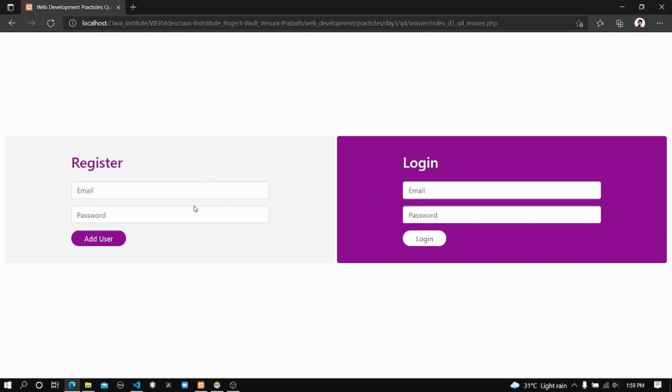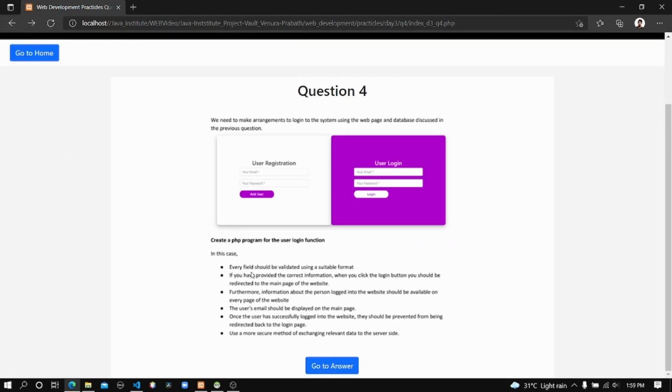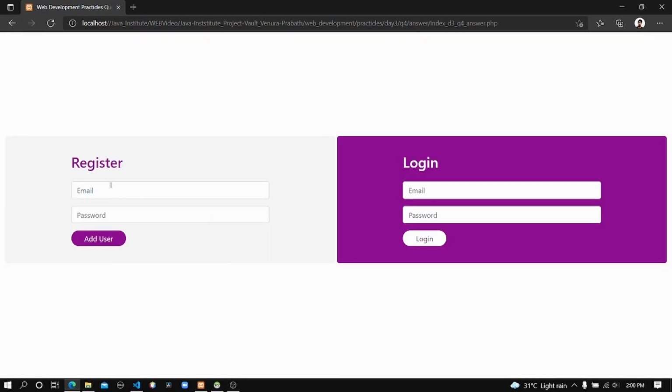To test this, I'm going to register a user, but before that, the question says every field should be validated using a suitable format. Now I'm going to click on the add user button without entering any data, and let's see what happens.